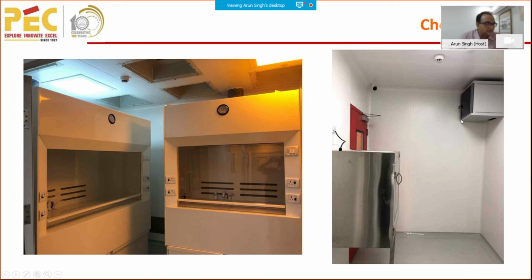Then this is the chemistry room at the left side where we are having wet benches. So basically all the chemical processes we will be doing, cleaning, etching, etc. Wet chemical etching, developing, whatever process we want to do, we will be doing in these hoods. And the right side is the pass box, which is basically being used to transfer the material between the clean room and one lab to another lab, or maybe from outside to the clean room.